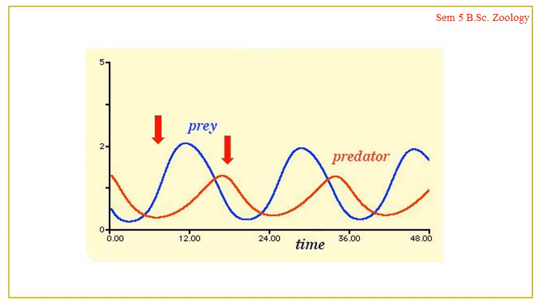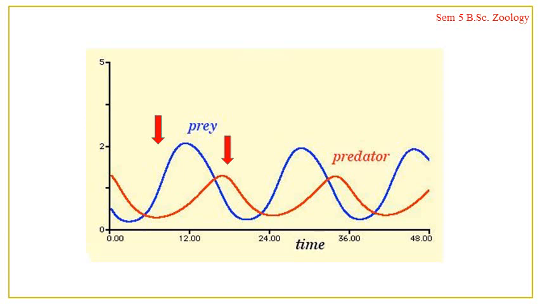It feeds upon the maximum number of prey species, and slowly it brings down the population size of the prey. The number of prey species comes down, and when this happens, the predator population is affected. Now the predator gets less food, and there is intense intra-specific competition for the food, and slowly the number of predators comes down. So this kind of oscillation